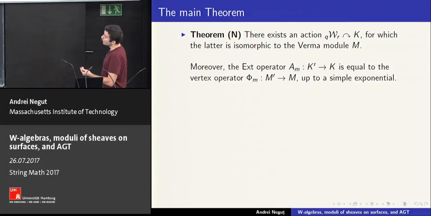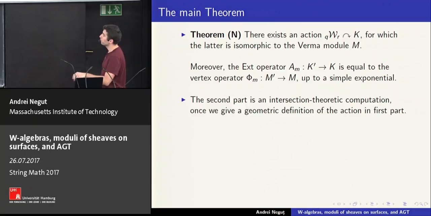Moreover, a reason why we care about this in the context of bifundamental matter is the fact that the x operator will be equal to the vertex operator up to a simple exponential. And this exponential comes from the following things. The W-algebra of type GLR is equal to the W-algebra of type SLR tensor a Heisenberg algebra. And that Heisenberg algebra is almost central in the sense that it commutes with SLR. This so-called simple exponential is an exponential in the central Heisenberg algebra, so it's a pretty harmless object. Modulo this pretty harmless object, the x operator is equal to the vertex operator,